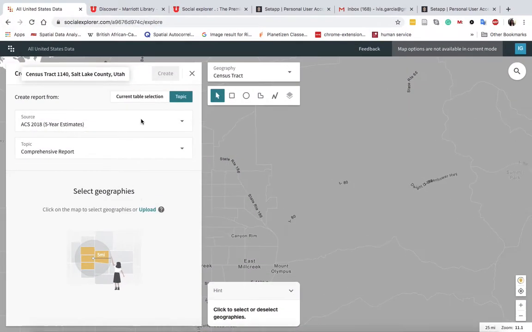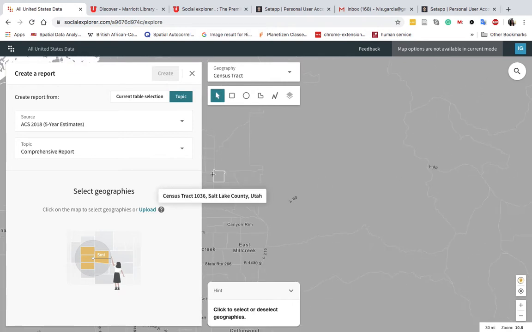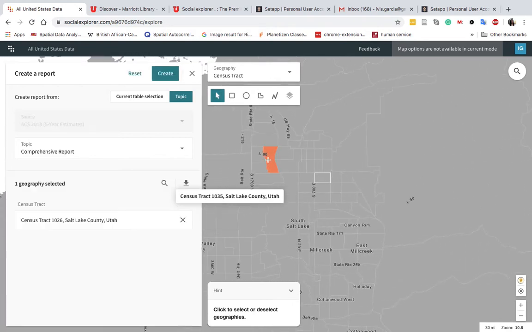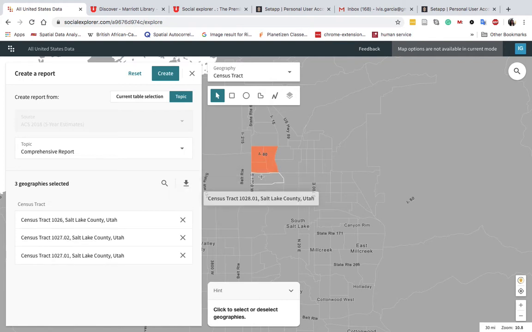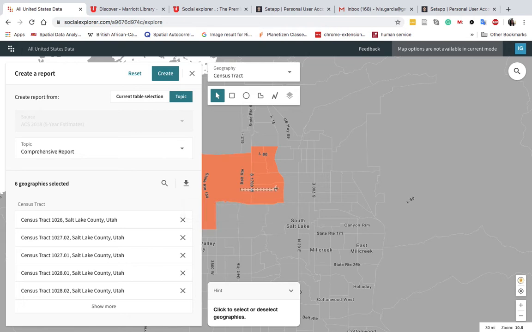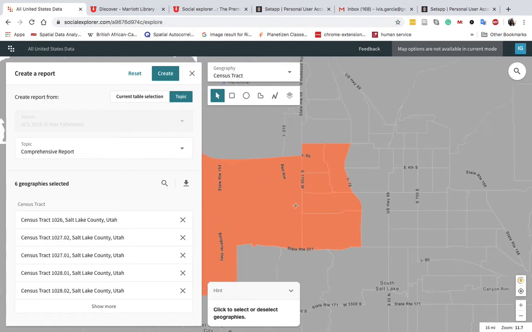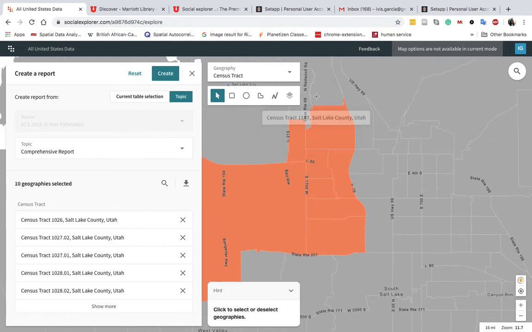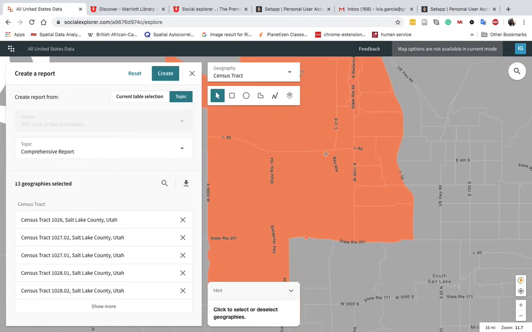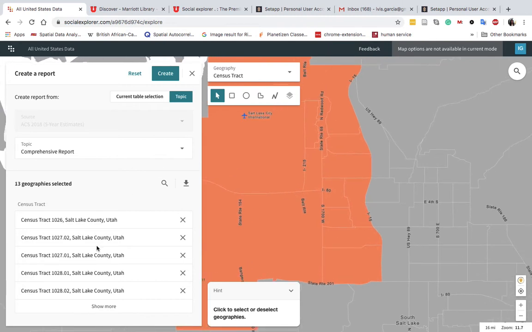So let's go to Social Explorer again. Basically, this is telling you that you have to select some of these, and I will not select exactly. You can check the sheet again, but you just have to select the ones that I said. Probably this is generally the area, but make sure that you double check the census tracts here with the ones that are in the Word document. So you can create a report,